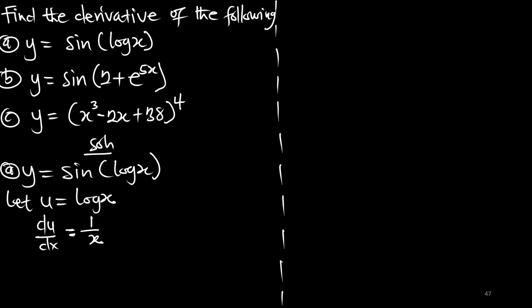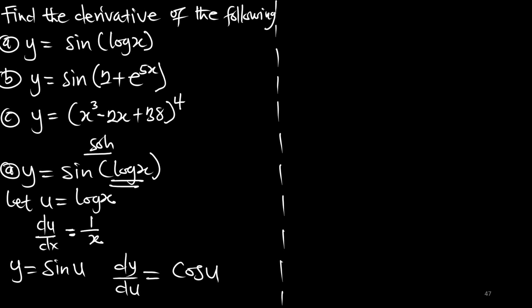Are we good? So in practical terms, y now is sine u, right? Yes, because u is equal to all of this, log x. Now we can also apply dy with respect to u, and the derivative of sine u is going to give us what? Cos u. So from here, you can see that we have du dx, and we also have dy du. By chain rule,